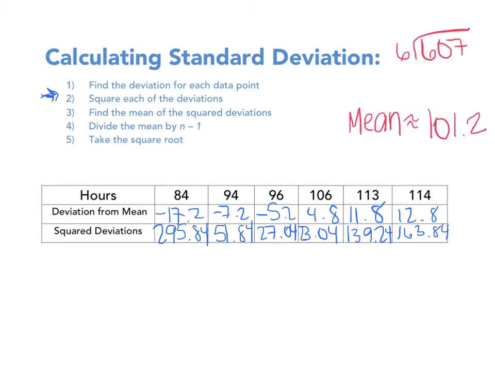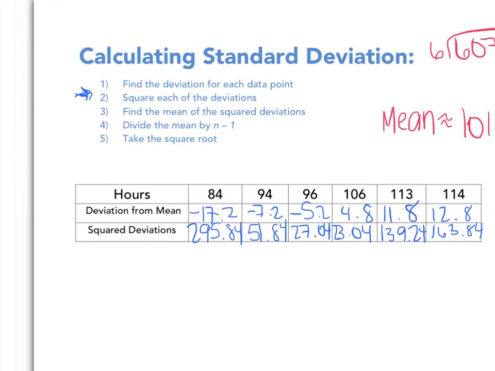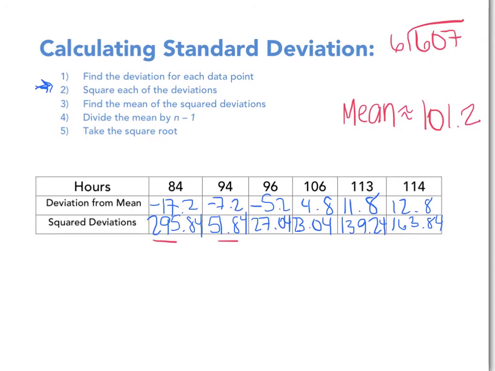So on step 3, we need to find the mean of the squared deviation. So that means I have to add all of these up. Remember, this should actually say add the squared deviations. I'm sorry that that's not correct typed out. Should have checked it before I put it into my lesson, but yes, that should say add the squared deviation. So we're going to add them all up, and we get